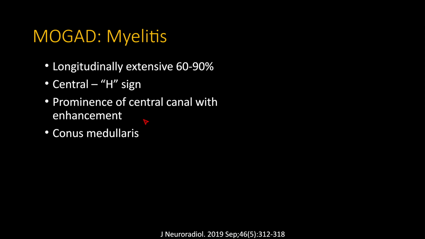Then some other things that have been described in the setting of MOGAD is prominence of the central canal with enhancement. So, the central canal being very prominent, again going with this central feature of MOGAD. If you see something that's very central in the spinal cord, you can think of MOGAD, and especially if you see that the central canal is also prominent. And then conus medullaris involvement has also been described as being seen in the setting of MOGAD. So if you see any of these particular patterns of distribution, you can include MOGAD in your differential